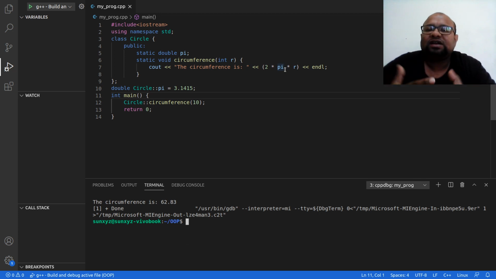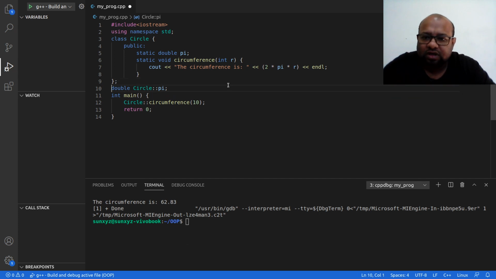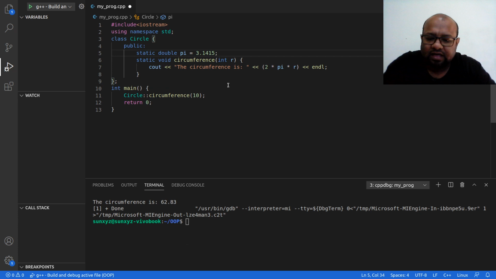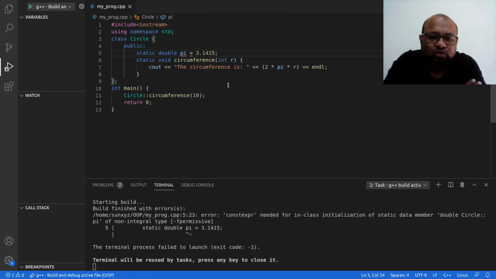I don't want that person to do this initialization. I want to do the initialization on my own. But then when I do this initialization on my own inside my class, what is the problem that I am facing? My compiler says that I cannot do this initialization because pi is not constant. So a very straightforward thing to do, pi is of course a constant.